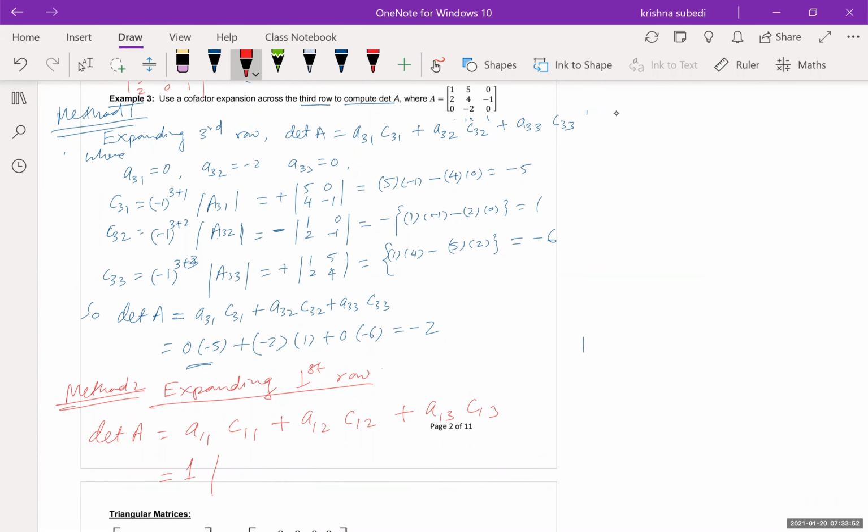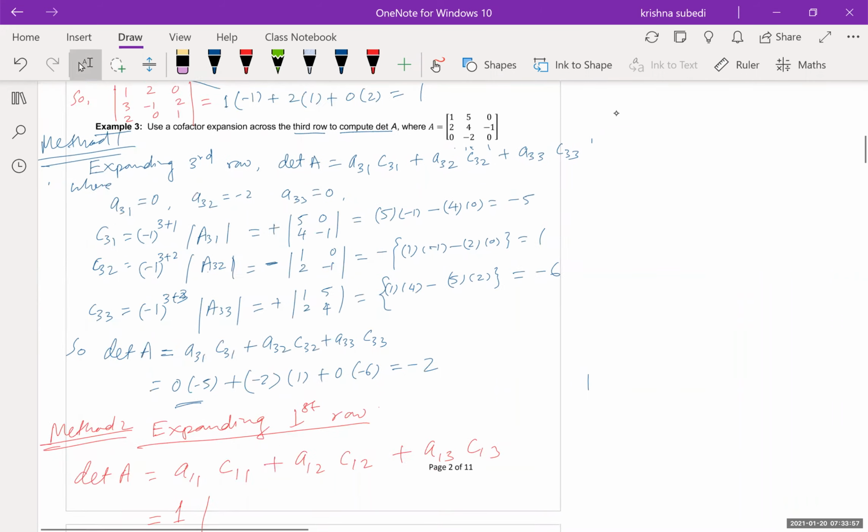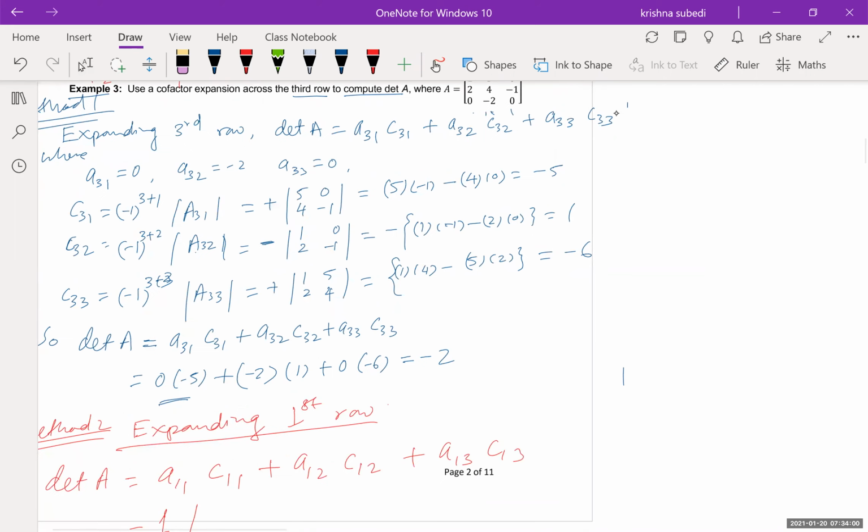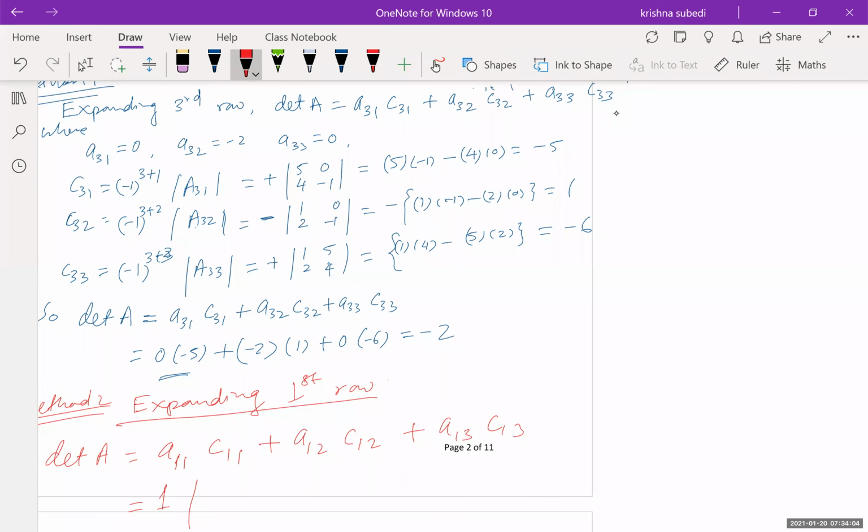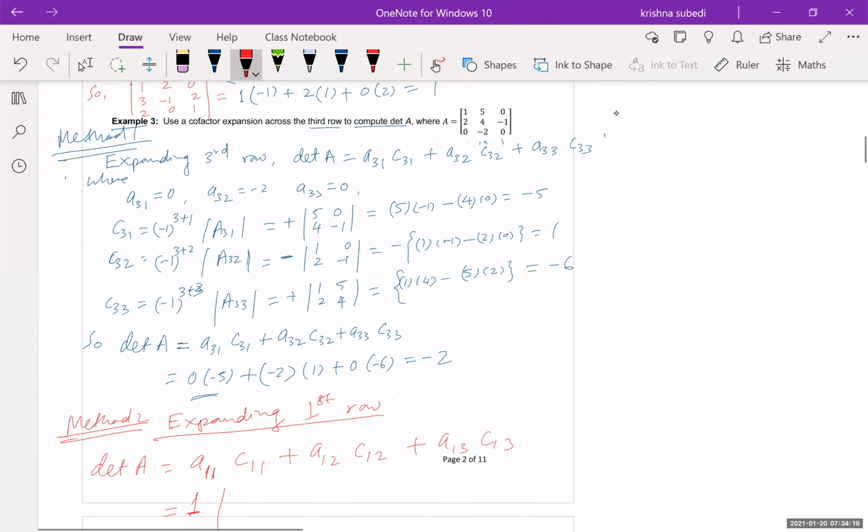And C11 is, look at that, C11. Keep this in mind that in this case your sign will be +1, and then this will be negative in the second step. We'll write that later. So C11 means you ignore the first row and first column. So you're left with 4, -1, and -2 and 0,